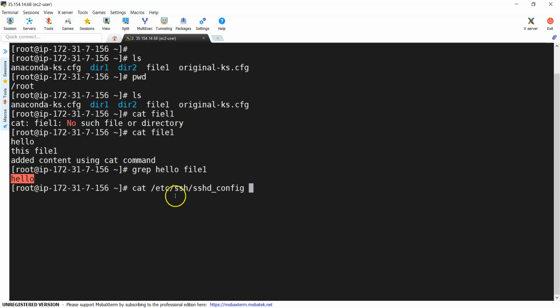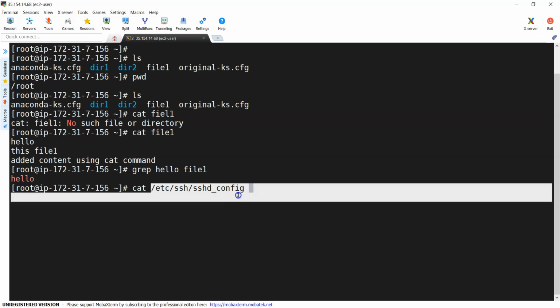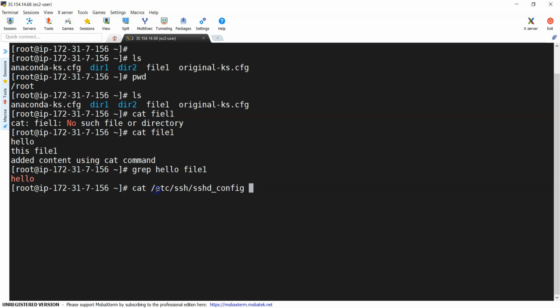Okay, so this is the file. You can see here I'm using cat and I am giving the full path, nothing but the absolute path. Under the root directory there is an etc directory, under etc there is an ssh directory, and under ssh there is the sshd_config file. I can use cat only on a file. If this is a directory I cannot use cat, I should use cd.